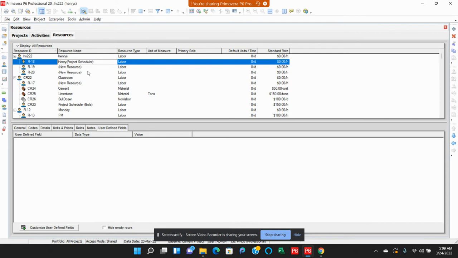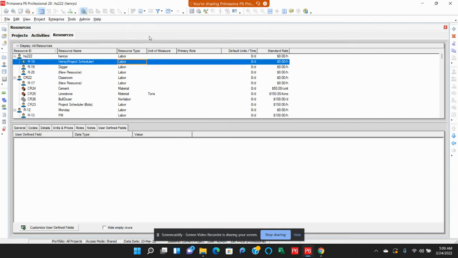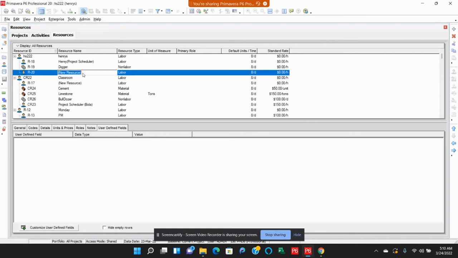right? Then I can say digger. Then the resource type, you can change it to labor. Henry is labor. Digger, you can say digger is, from my definition earlier, non-labor, right? Then I can add another one like cement or let's say